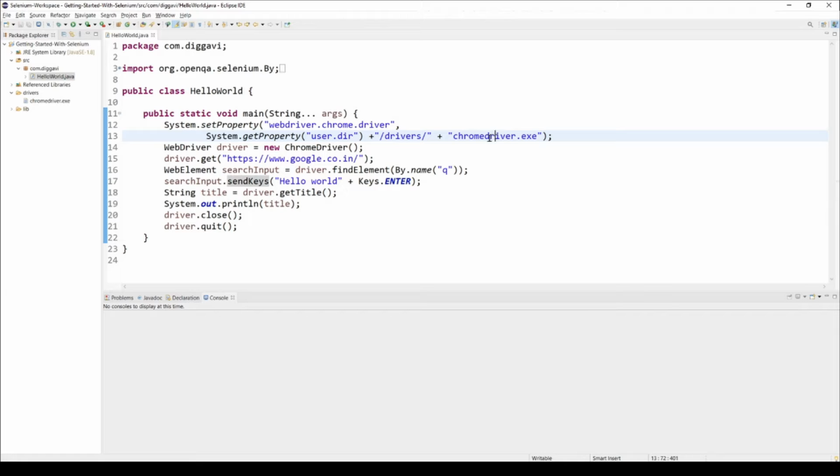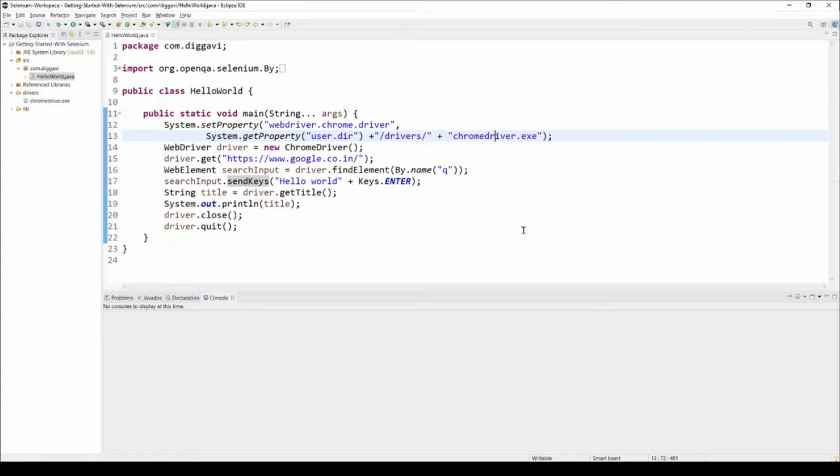And this driver takes that HTTP input and converts it to the appropriate socket command for the browser, and it will interact. So let's say